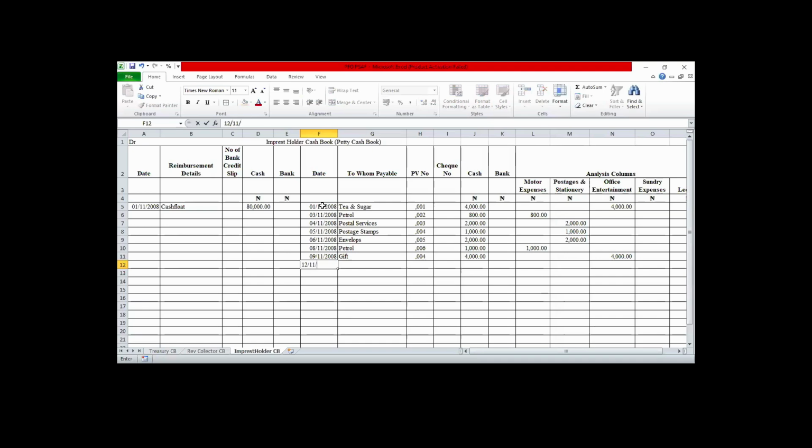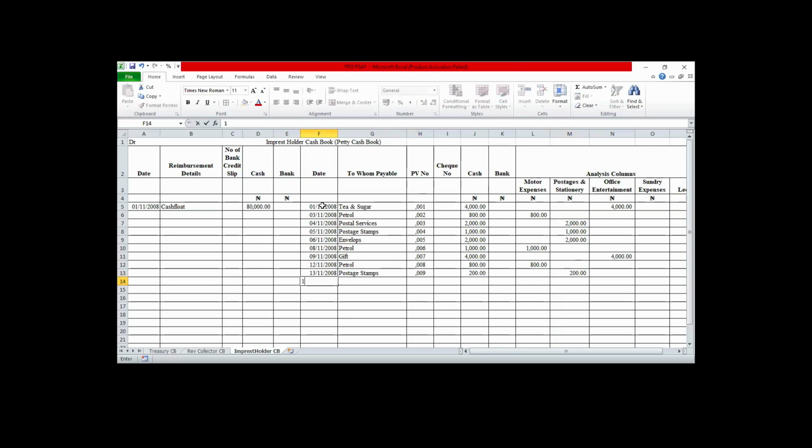Is it 12? Yes. What do we do there? Petrol. 800. $800, Abi. Yes. That is under motor expenses. The next one, 13th of November. Postage stamp. $200. Okay. How much? 200. The next one,